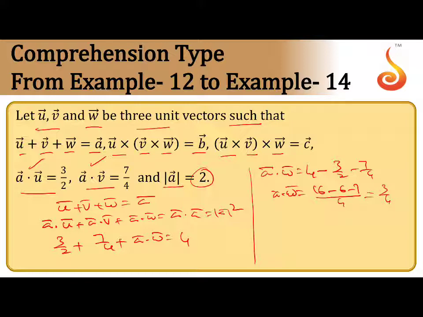So now our job is to calculate the values of u, v, w. But they are given b bar and c bar in terms of u, v, w. If you apply the cross product of three vectors, v dot w, u dot v, and v dot w also comes here. So let us take u dot v equal to some x, a scalar, v dot w equal to some y, and w dot u equal to some z. Solve the x, y, z values, and we'll get the values of b bar and c bar directly. So let us go for solving.